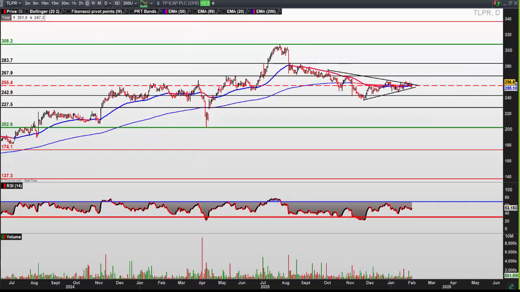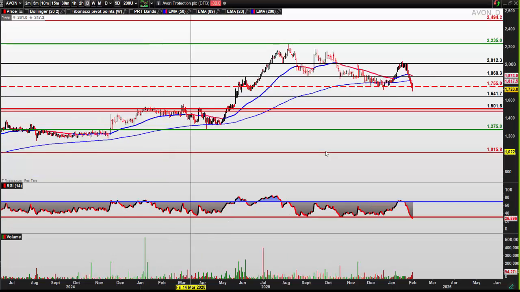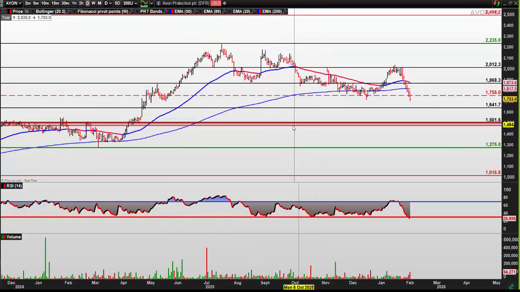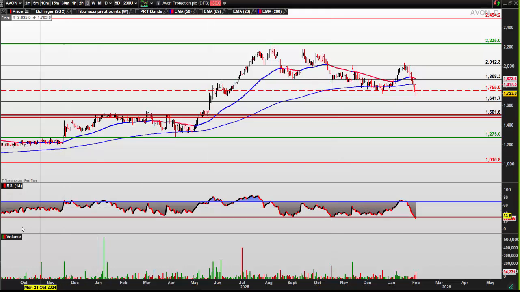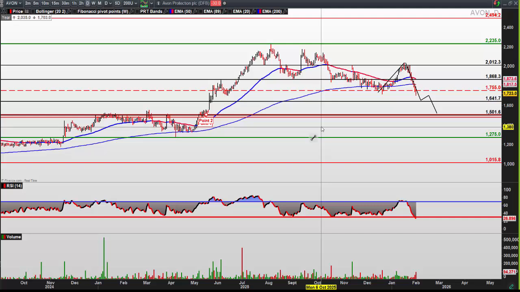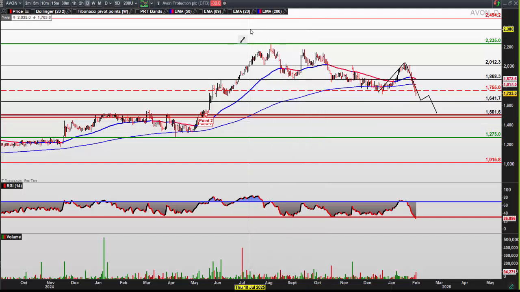Right, let's go and look at Avon. Yeah, keep these ideas coming. That's great. You see another lower close today. This has got the look of Rexall at the moment. It has a good sweeping move, starts to lose its footing, and now we look as if we're coming into 1640. I think we could find our way back to 15 at this rate. It's a little bit of a pricey stock, but it is nonetheless a good stock.